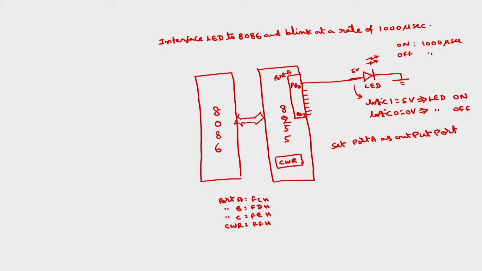And which mode? We take simple mode 0. I will discuss the different modes later. So I will take simple mode 0, which is called simple IO mode. Any port can be programmed as either input or output mode. And what about port B, port C? I do not care. Port B, port C can be either input ports or output ports, and port B can operate in either mode 0 or mode 1. I am not interested in those ports because I am not using them. Then what will be the control register?